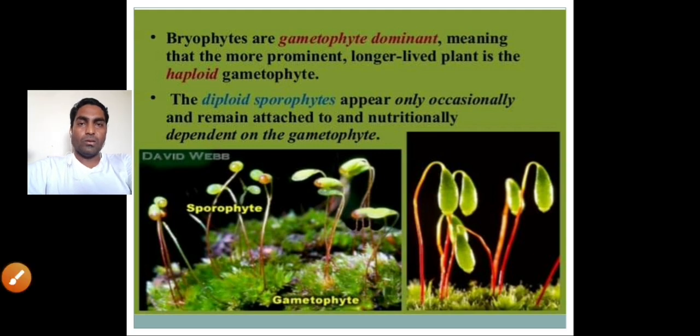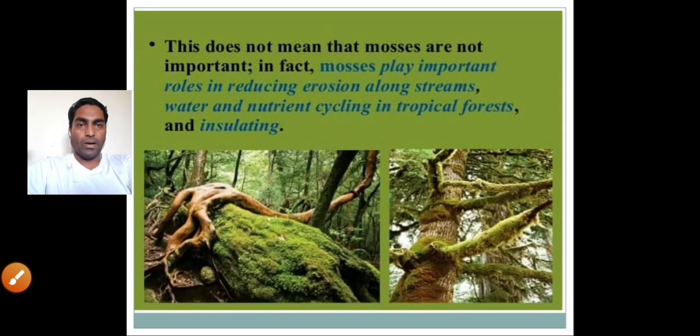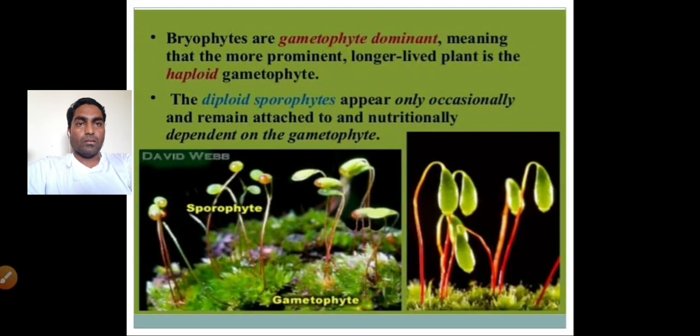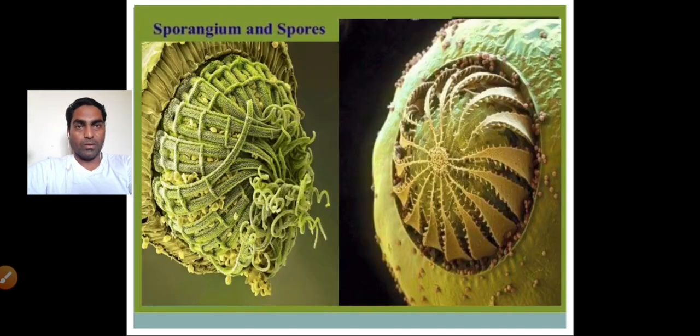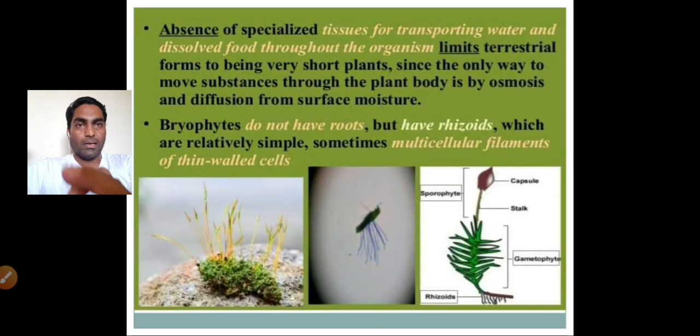Within this structure, you can see that these are the sporophytes. The sporophyte is attached to the gametophyte. So, these bulb-like structures which we are observing on this slide are the sporophytes which come on the gametophyte. Now, this is the SEM structure, actually color photographs, where you can see the peristomal teeth shown here, and from the slits between the peristomal teeth the spores are released outside. So, sporangium and the spores.